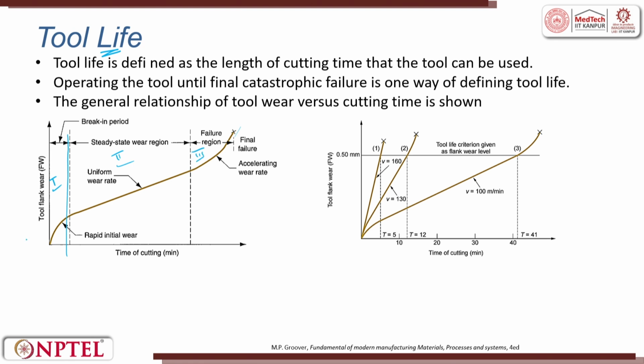Zone 1 is where whatever asperities are on the tool get removed and slowly the tool starts wearing. And in zone 2, we try to have a uniform wear rate with respect to time. And once it reaches a limit, then there is diffusion. Generally at this point, people will take the tool back and try to grind it. They bring the geometry back to original, then they get into this zone. But once it goes into this zone, it is going to be a catastrophic failure. So, zone 1 and zone 2 are comfortable.